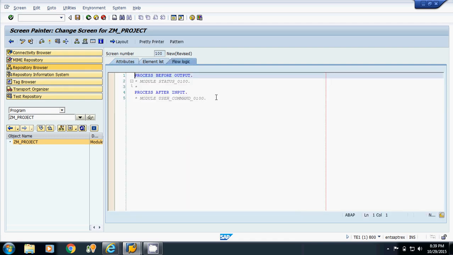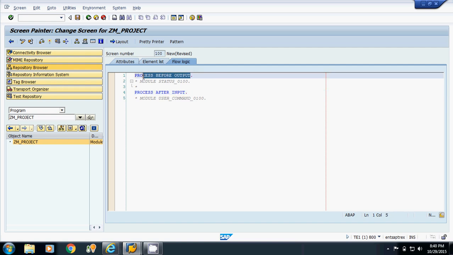Flow logic. Every screen has these two events coming by default: process before output and process after input. Now what is process before output, and what is process after input? Process before output is called before displaying the screen.